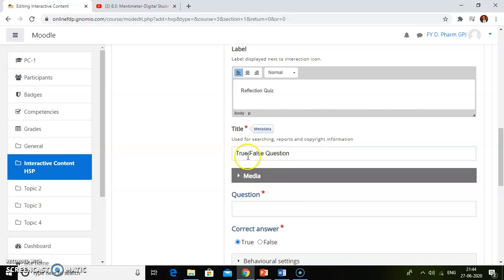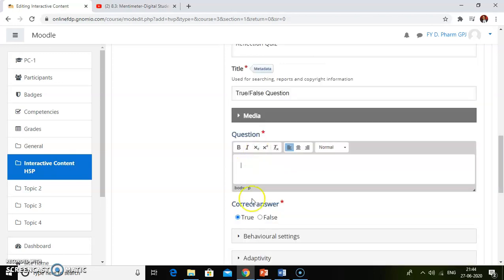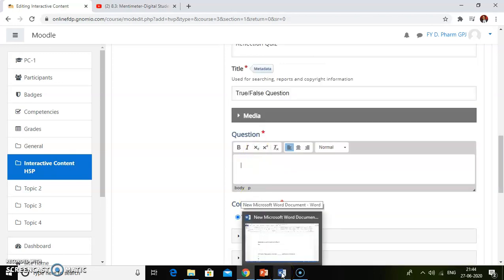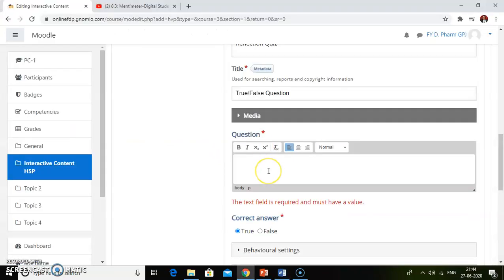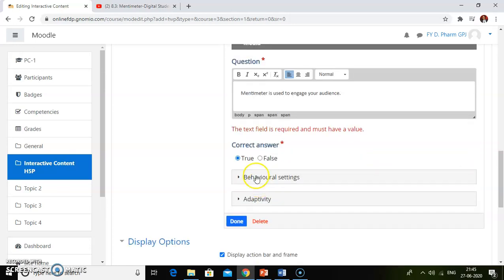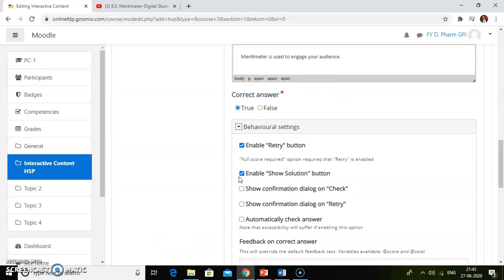Then I will select a title for the question and then I will write down the text of the question. Then I will select the correct answer and then I will do the behavioral settings.